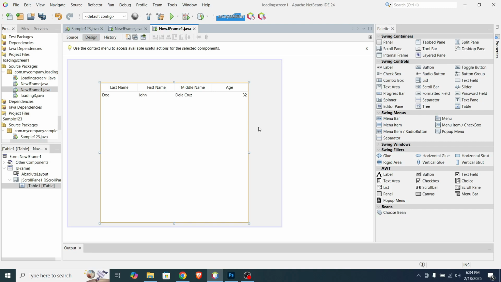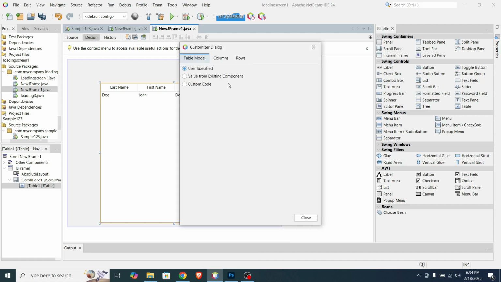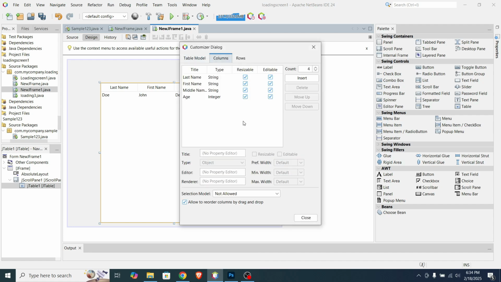Now if we want to add another column here, just right click, table contents, and here in column, just click insert, or you can actually change the count based on your preference.